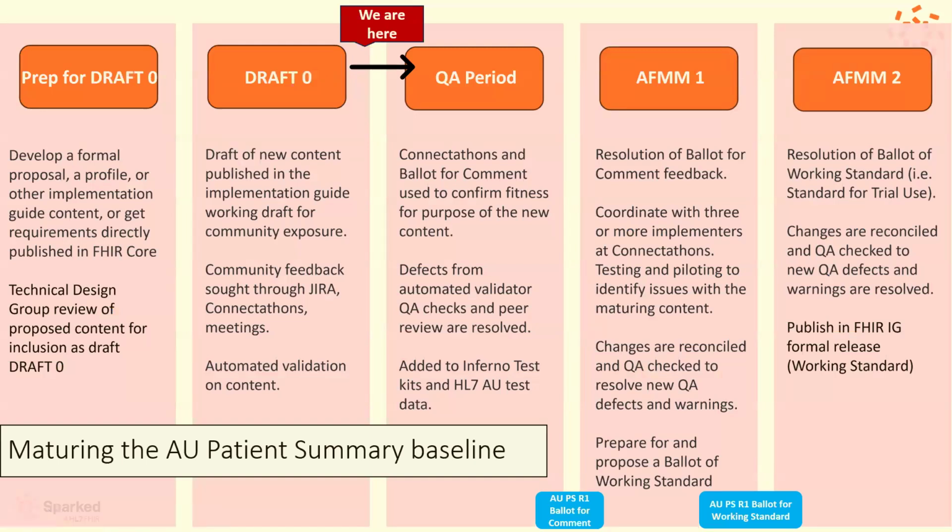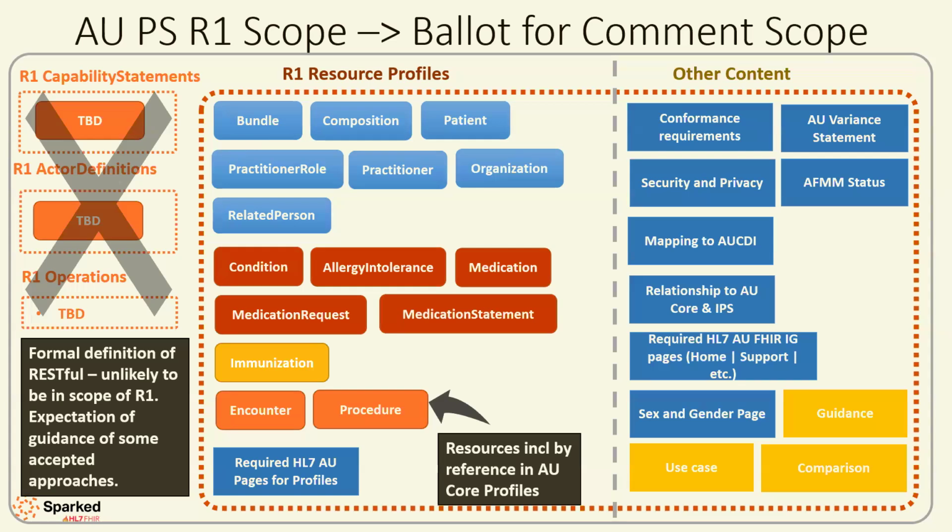This is another view. This is more of the detailed process and where we are as we're moving into AFMM1. And we've got those milestones, but I'm going to move past this one pretty quickly, looking at time, and go here. So this is essentially our scope. If we put together our scope that we agreed on back in our scoping workshops, and we did the walkthrough of all the different pages that we need to have in the FHIR IG, this is where it comes to at the moment for R1. This is what we're looking at.